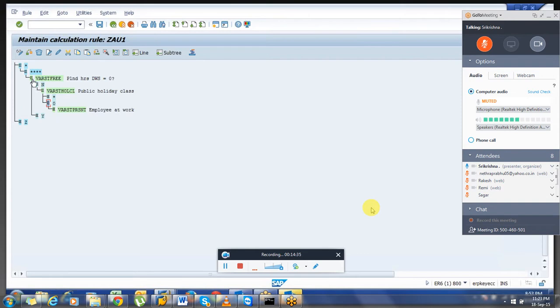Anyone, if you require, I will take time and explain again. But everything is possible in time evaluation as per the client requirement. Time evaluation is a very good tool given by SAP.